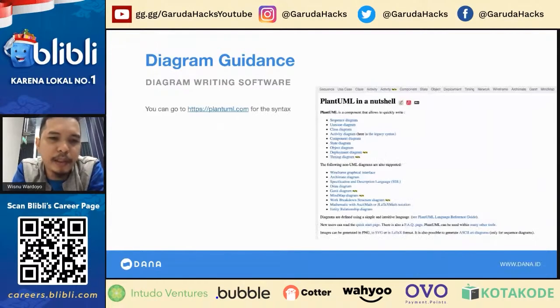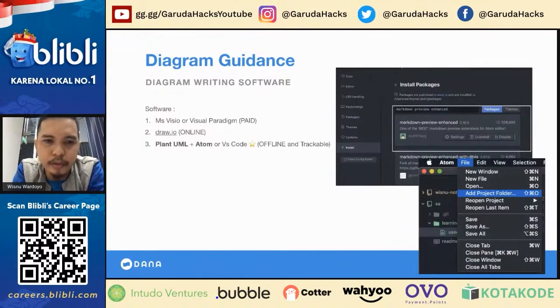And the third one, the option that I want to choose, is PlantUML plus an IDE. This IDE could be Atom or VS Code. Both are offline, trackable, and most important, free. PlantUML and Atom are free. I will choose Atom and PlantUML. Next.